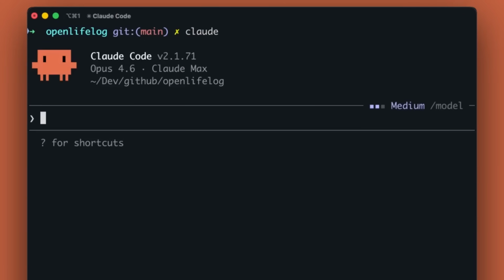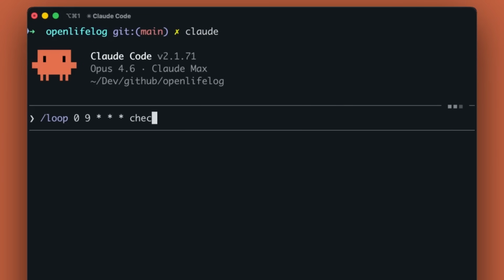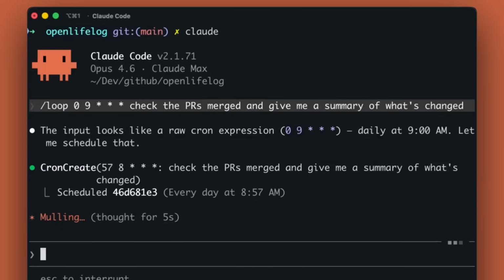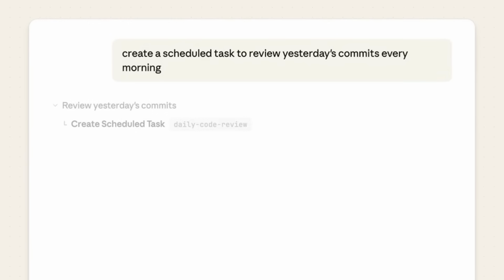For example, with the /loop command, you can essentially have Claude Code scheduled to automatically generate summaries of recently merged PRs. Think of this like a local scheduled task feature in Claude Code Desktop, but with a /loop, it is something that acts more like a temporary session level cron, while the local schedule desktop task functions as a persistent